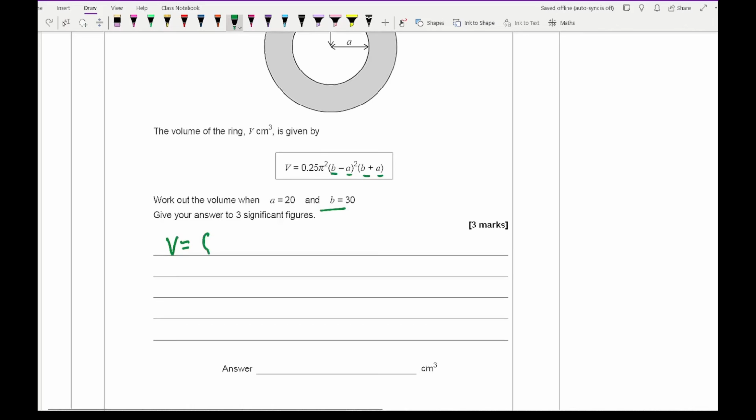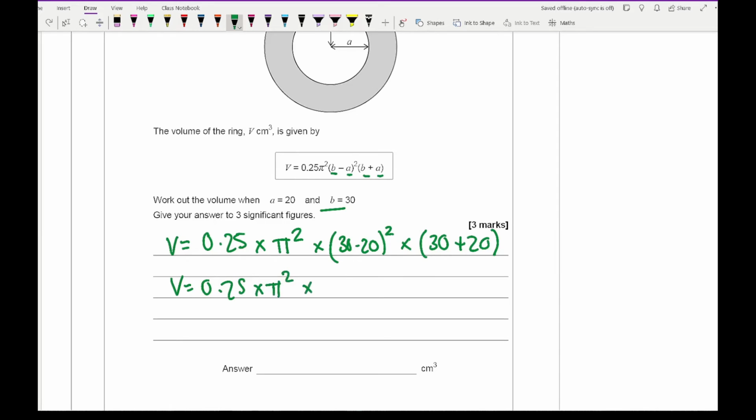So V equals 0.25 times pi squared times 30 take away 20 squared times 30 plus 20. Now if I simplify this, I've got V equals 0.25, I'm going to leave pi squared, 30 take away 20 is 10, so that's 10 squared, and 30 plus 20 is 50. So that's all I need to type into my calculator, and if I do just that, I get an answer of